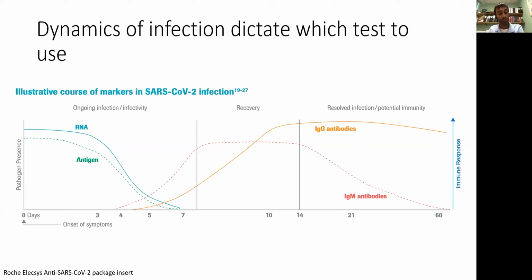And so within the first 0 to roughly 7 days of illness, the levels of RNA in active infection are quite high and drop off precipitously as the immune response begins to pick up around day 4 or day 5. And that goes the same for viral antigens. And in fact, the peak levels of RNA may actually occur before symptoms occur, in the week before, and start downtrending once symptoms appear. As shown here, roughly on day 4 or day 5 is when antibodies begin to appear,